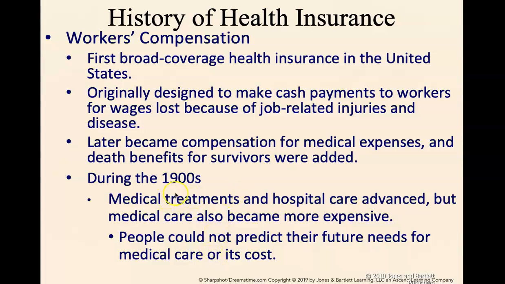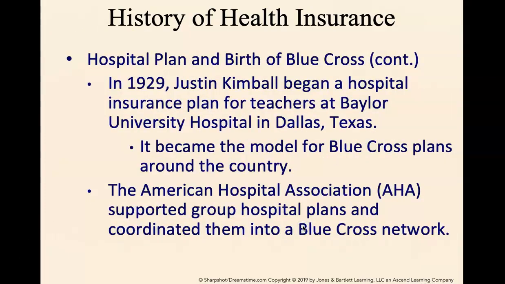But in the 1900s, medical treatments became more advanced because of medical technology, and with technology, we know, comes cost. And this just didn't prove to be enough to have a more stable way of predicting the cost of healthcare for every individual. But health insurance basically started with workers' compensation because the concepts are pretty much the same. The first formal type of health insurance was the hospital health plan.